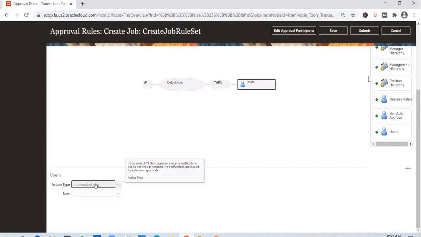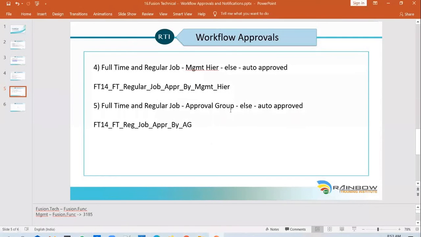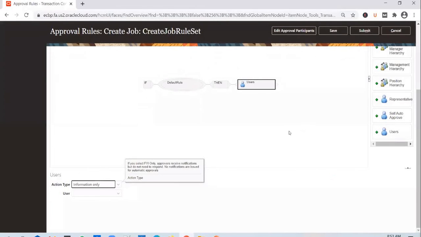If you want to send a for your information notification, where the approver need not do anything, it's just for his information. Say, for example, in the initial use case that I have shown you, you need to send out a notification to the recruiter at the end, right?